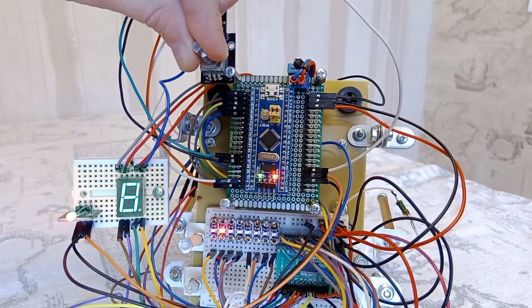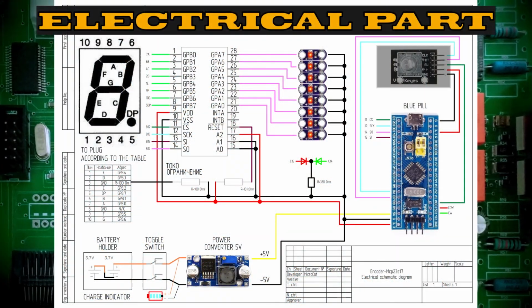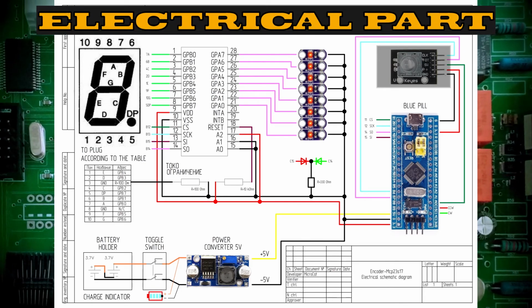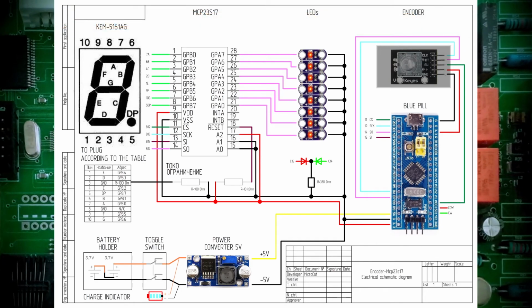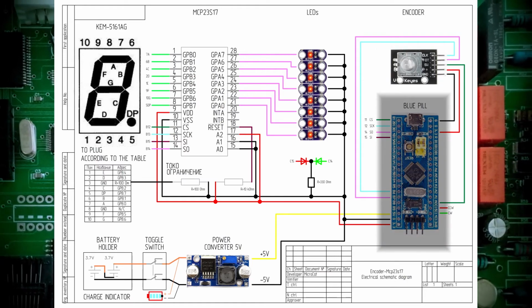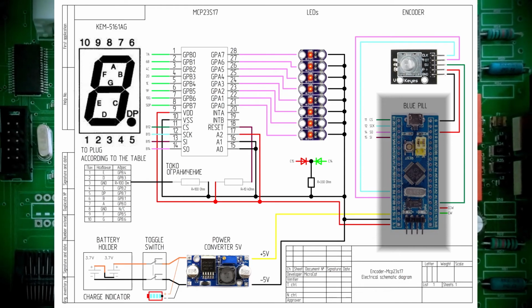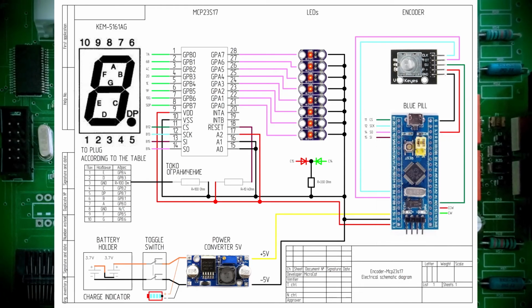Let's move on to the electrical diagram. The control device is an encoder. Its CLK and DTA lines must be connected to channels 1 and 2 of an STM32 microcontroller timer. The microcontroller via the SPI interface is connected to the